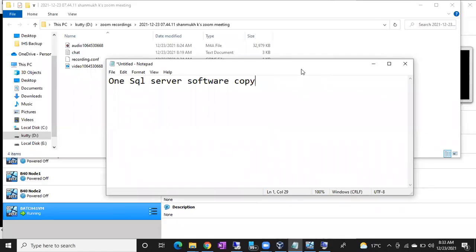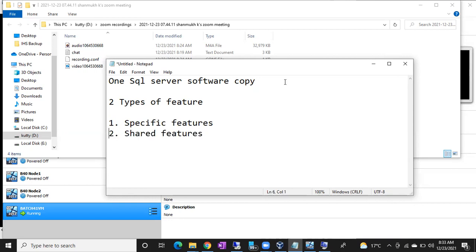Again, we have two types of features. One is specific features. Second one is shared features. Specific features means your SQL server is a specific feature. And apart from that, there are other components, SSAS and SSRS.